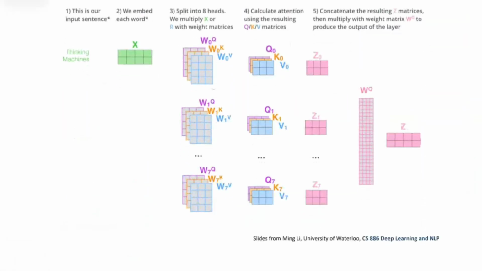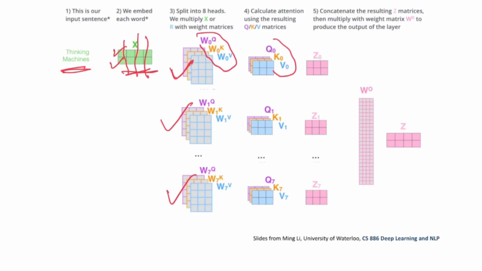You can see here, we have "thinking machine". We got the words, and we got the embedding vector for thinking and for machine, and then we have applied 8 different attentions. We split this X into multiple parts, and then we applied one attention for one part. From every attention, you have the fully connected layers for Q, K, and V, and you will be calculating Q0, K0, V0, then Q1, K1, V1, then up to